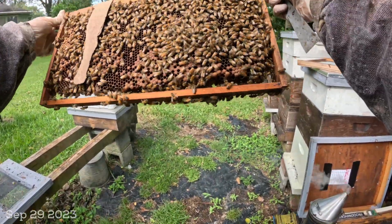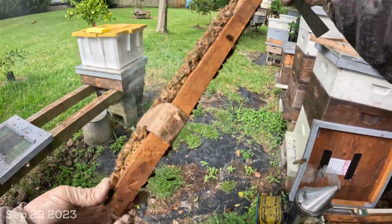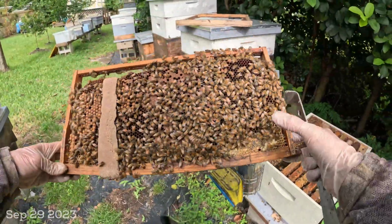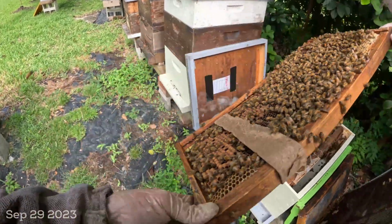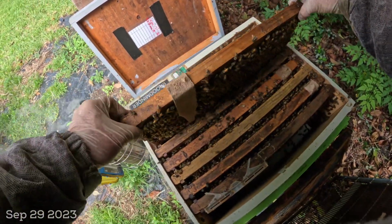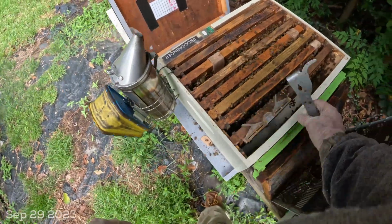All right, lots of eggs and larvae in here. So she's here. There she is. You guys see her? Right there. All right, she's going back in, so I'm just gonna chalk that up to a random emergency cell, supersedure cell. She's fine, but